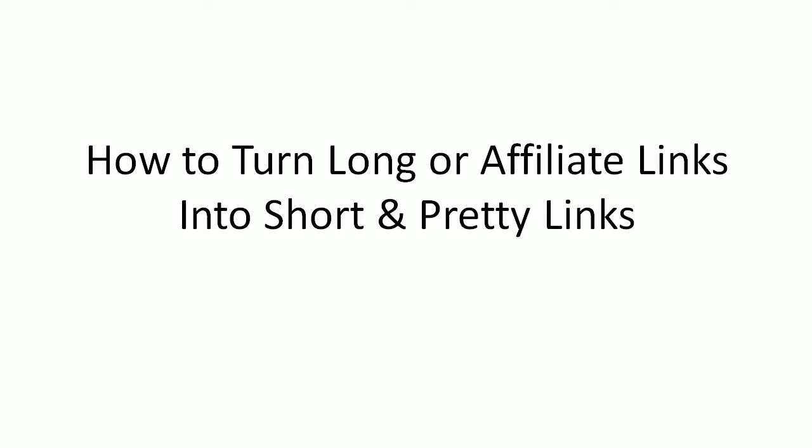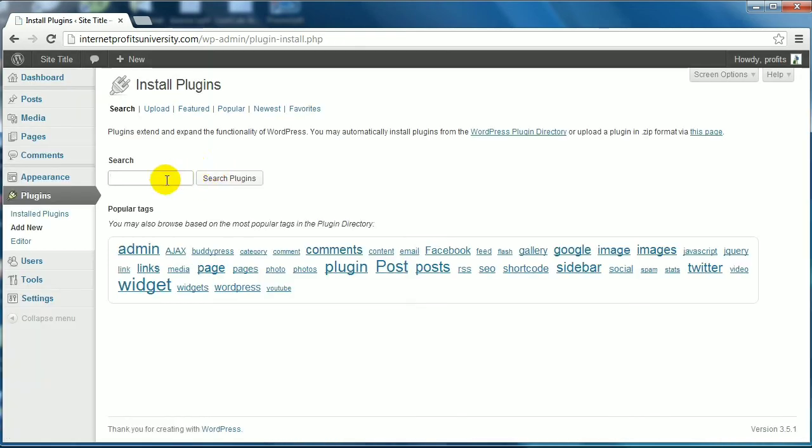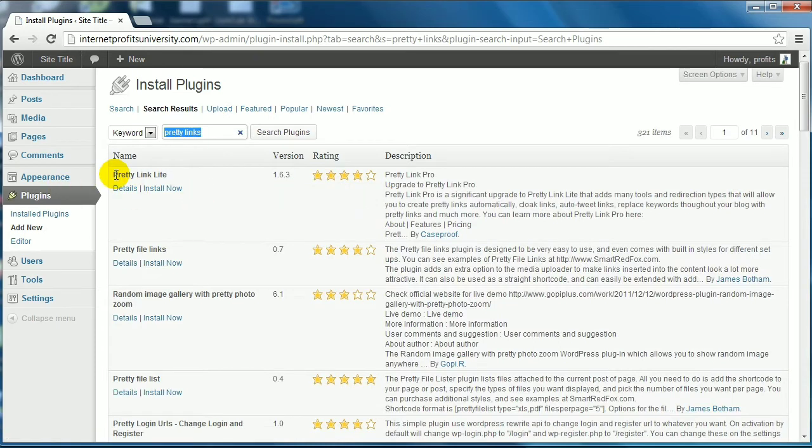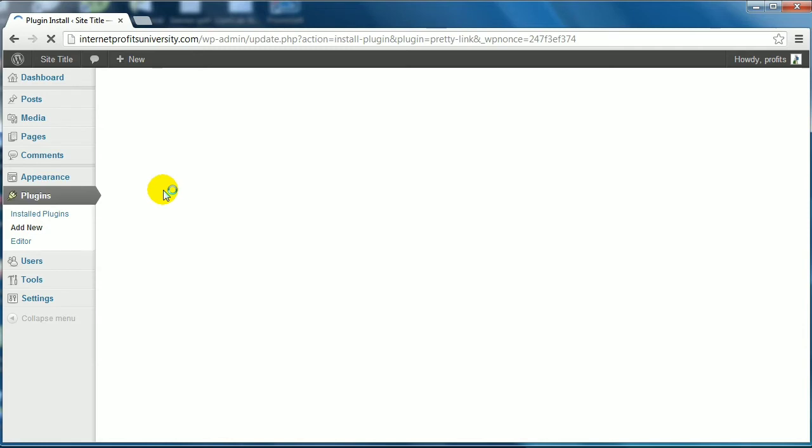What I want you to do now is simply head on over to WordPress. And you're going to look for a specific plugin. So go under plugins, click on add new, and do a search for pretty links. Click search plugins, and it's the light version, Pretty Link Lite. This is the free version. It's basic, and this is really all we need. So click on install now, click OK, enter your FTP username and password, click on proceed, click activate plugin,